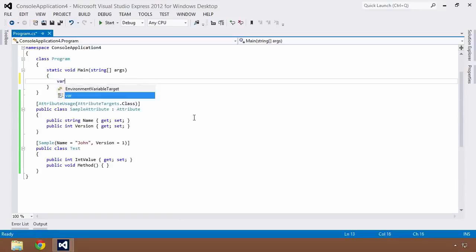So I'm going to create a new variable, and I'm going to call it classes. Or better yet, I'm going to give it a name called types. Equal to, now this is where I'm going to jump into the reflection and the link. I'm going to say from T in